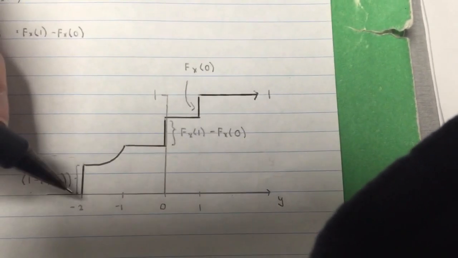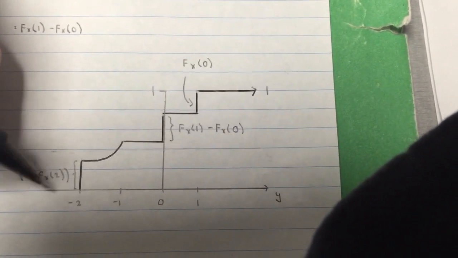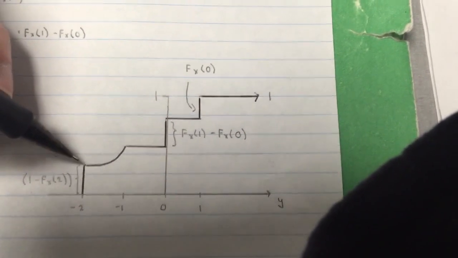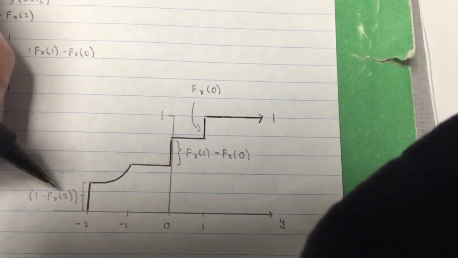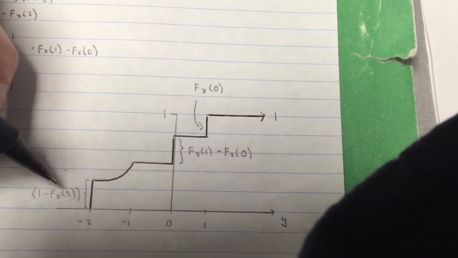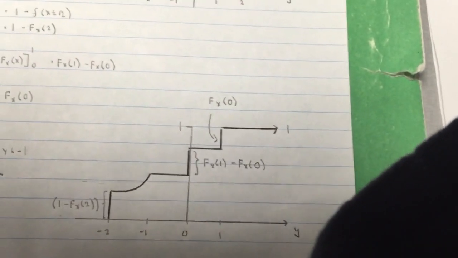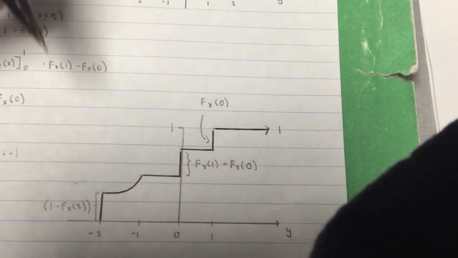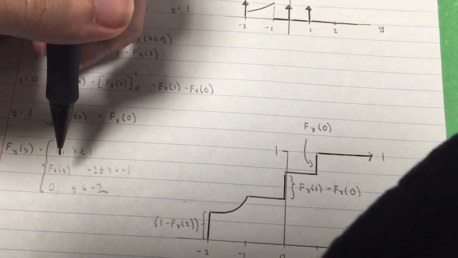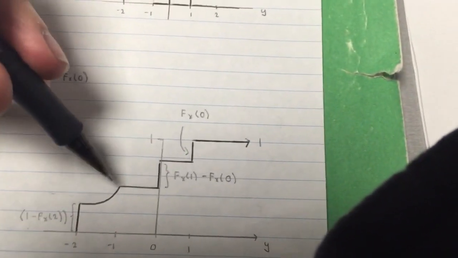And so we start off at -2, because it's 0 before that. At -2 it jumps up a height of the area of the impulse function at -2 for small f of y, and that's equal to 1 minus big F of x of 2. And then we have the slope here